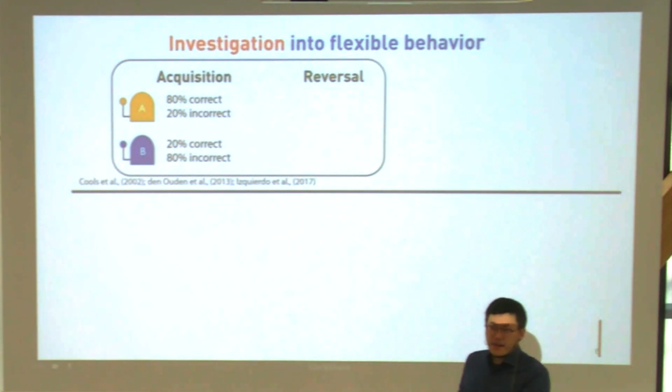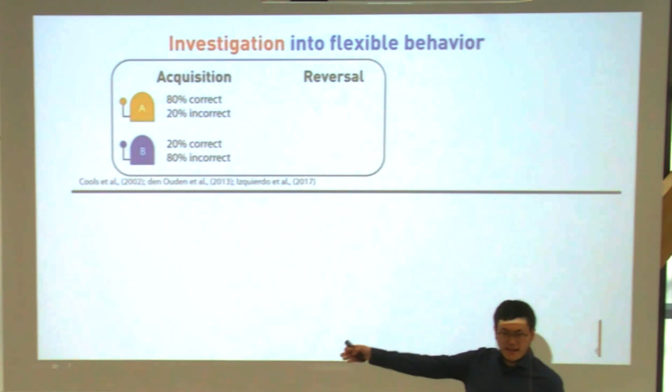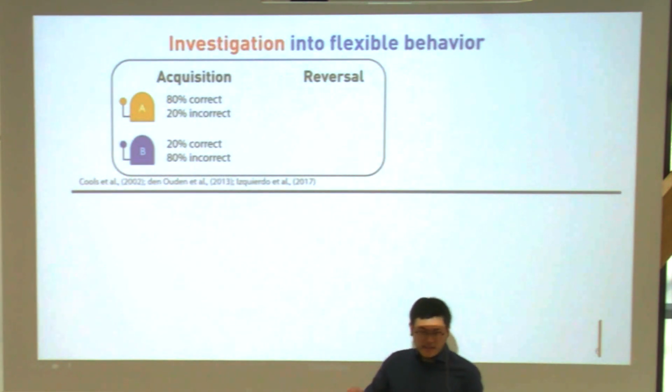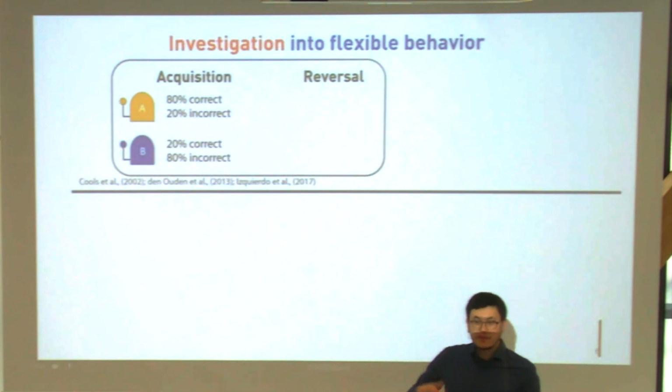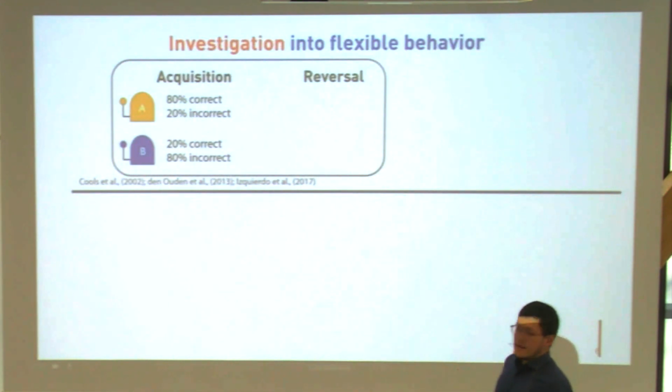So I told you now, right? You know which is better, which is worse. You choose A over B most of the time. But what if you don't know? You will just have to press, make a choice, and see what outcome, what feedback you obtain, and then using that feedback, you try to learn the underlying probability of them. This is not reversal yet.